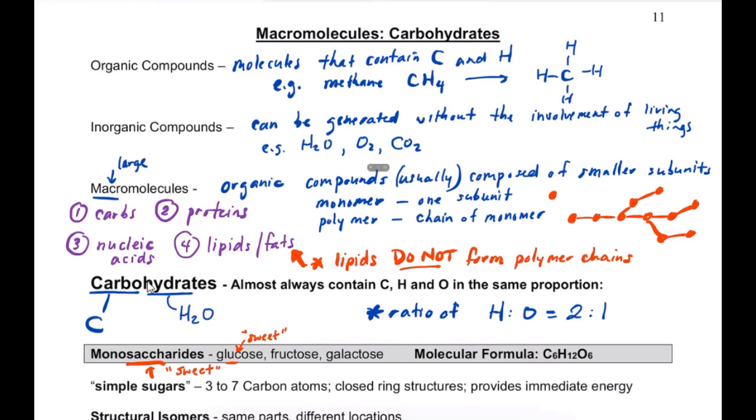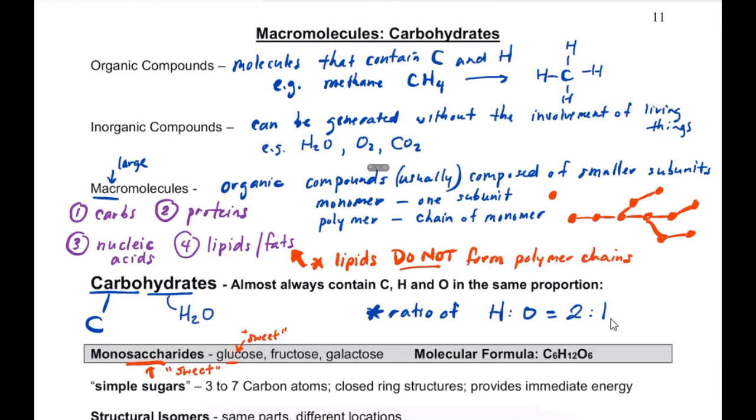So let's get then into the actual carbohydrates themselves. Carbohydrates, what they are is built right into the name. You have carbon, and then hydra is the water part. So it's not water specifically, but what it is is a ratio of the number of hydrogens to the number of oxygens is always 2 to 1. So they always have carbon, hydrogen, oxygen, and the H and the O are always in a 2 to 1